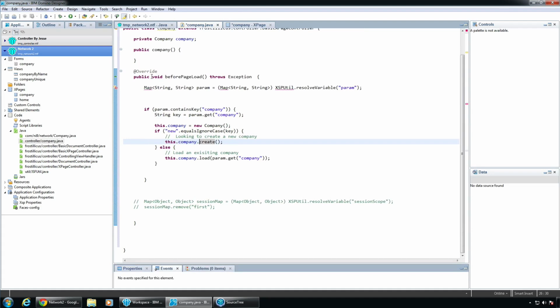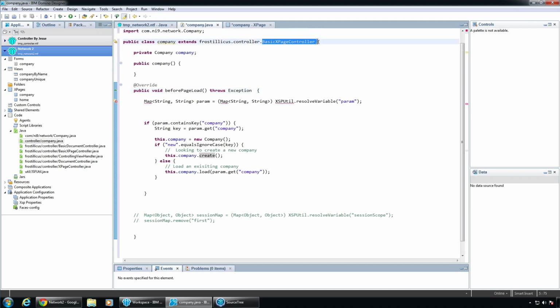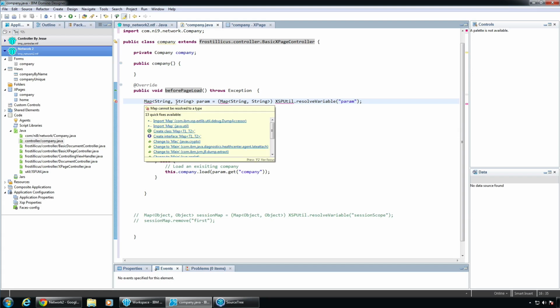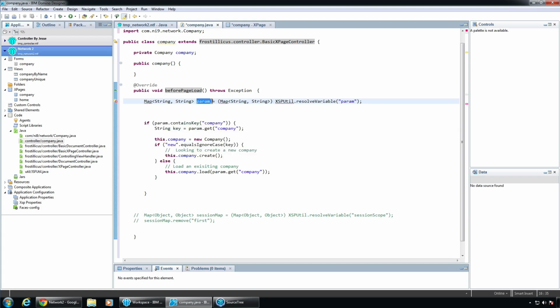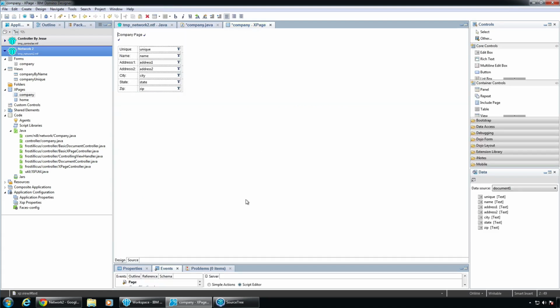Okay, so I made a method called beforePageLoad, and it's overriding something that's in here, and we don't really need to worry about it. We just have to know it's called beforePageLoad. And what I'm going to do is create a map of parameters, and I'm going to use what's called a variable resolver to get the parameters. So if we come back out here again to this beforePageLoad event,